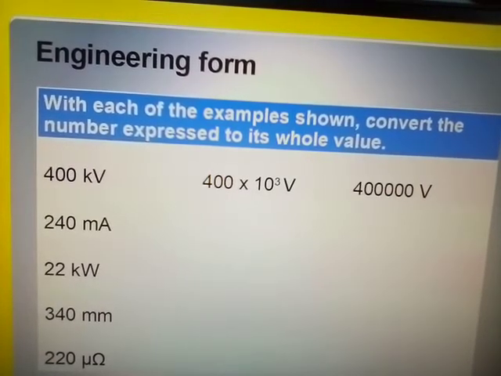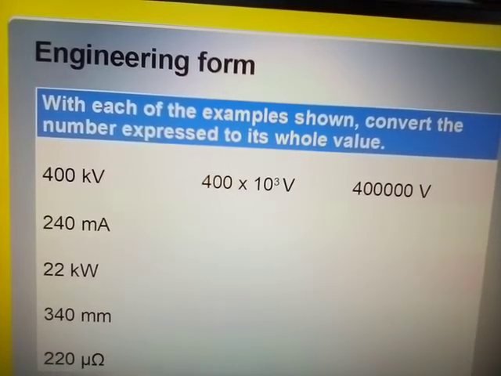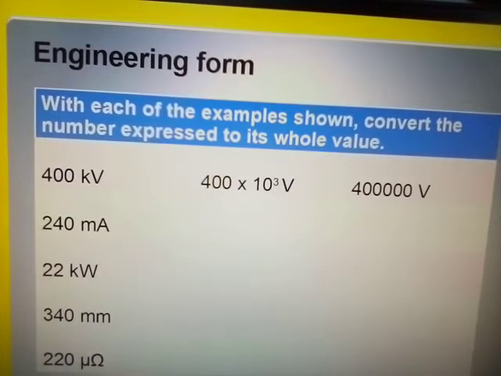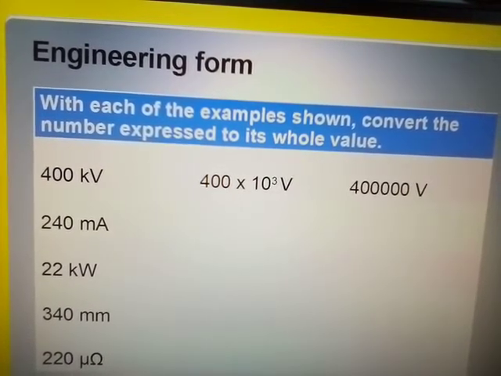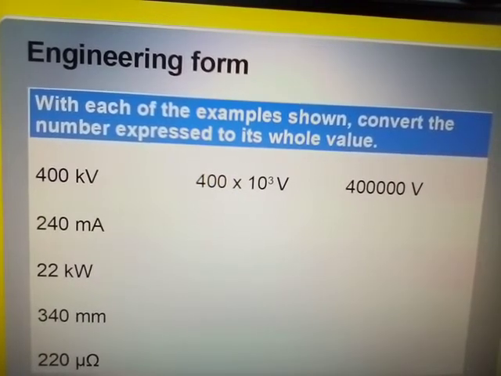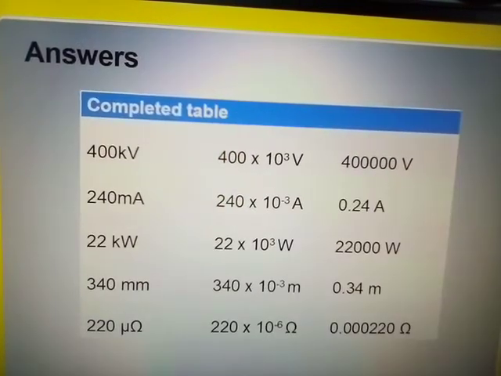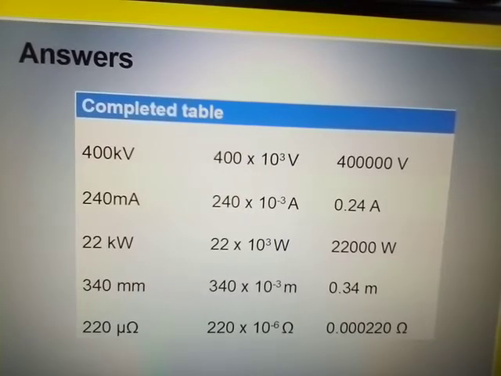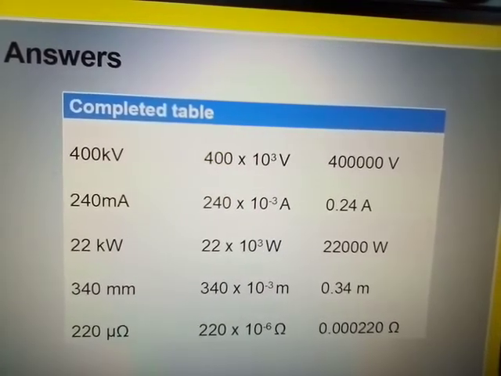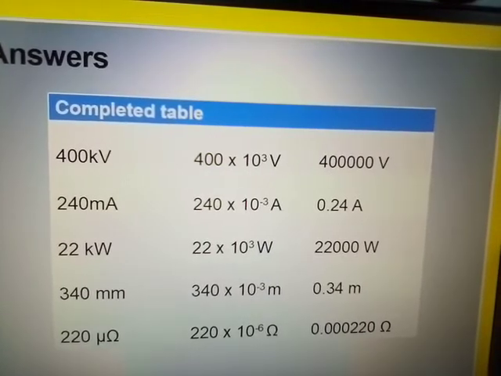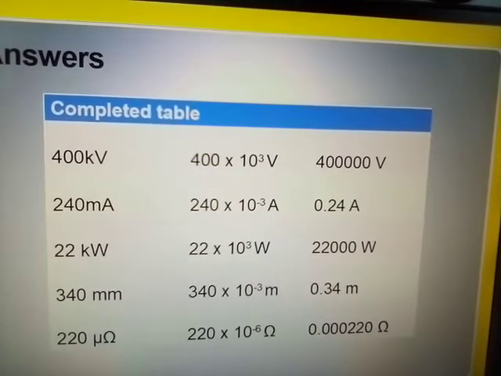And again, with each of the examples shown, convert the number expressed to its whole number. Okay. So again here, you will do this for yourselves. Okay. And here are your answers. Okay, 400,000 volts, 0.24 amps,